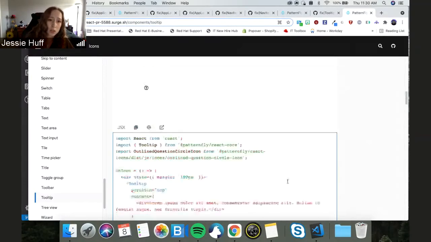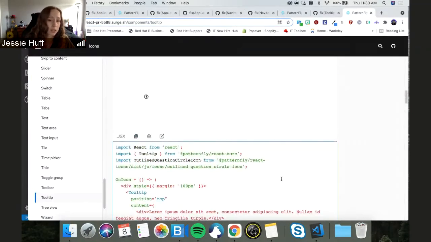And this is a potential solution, but I also want you guys to think about how you're using these tooltips and how you're using all these things, because it's based on the user interaction. So if you had a bunch of tooltips all over the page, that might not be super user-friendly, both for mouse or keyboard. And you may not want to have multiple tab stops all over the page, so as they're trying to navigate, tooltips are coming up everywhere. So just consider what that might mean, both for mouse and keyboard users.